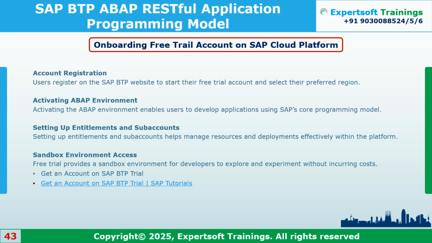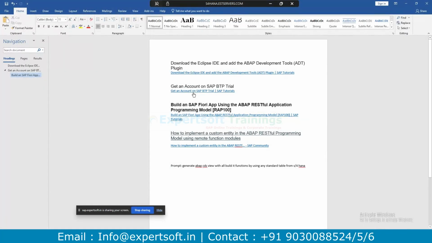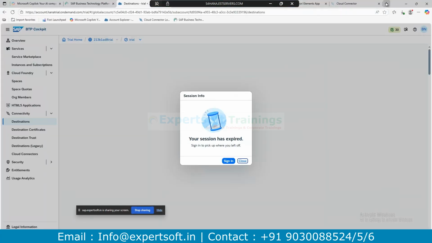How to create it: you get an account, just like a normal account creation.